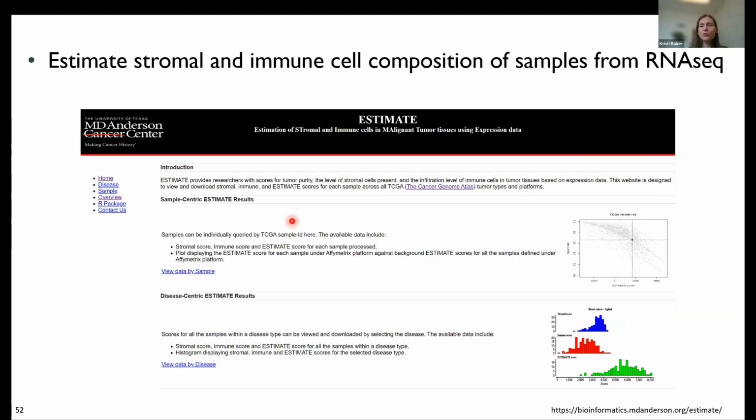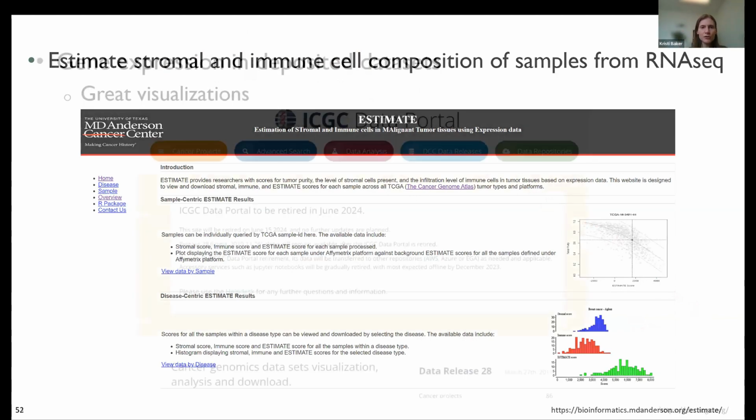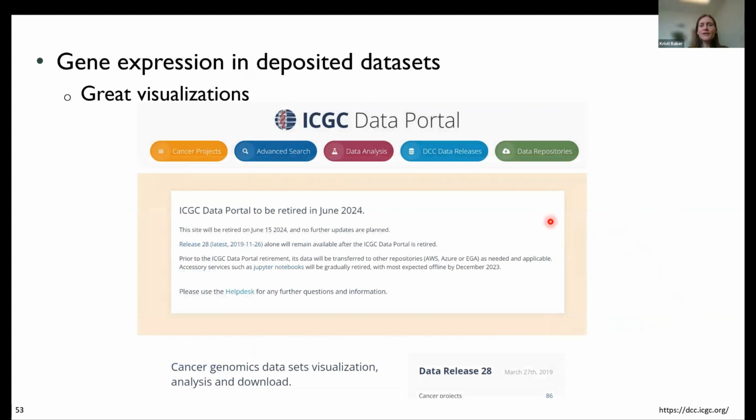ESTIMATE is another really good one. This one is really specifically for stromal and immune cells. It breaks down the immune cells into a lot more sophisticated subsets for anybody who's interested. The ICGC data portal is very similar to the other cancer portals that I've talked about,